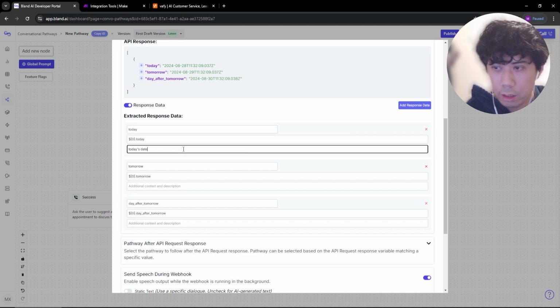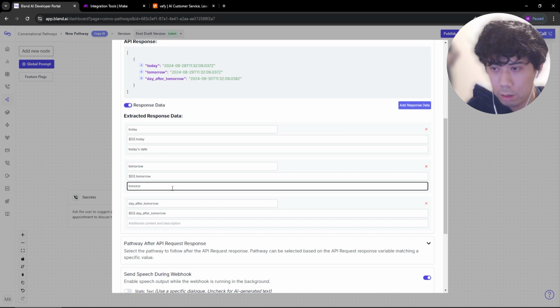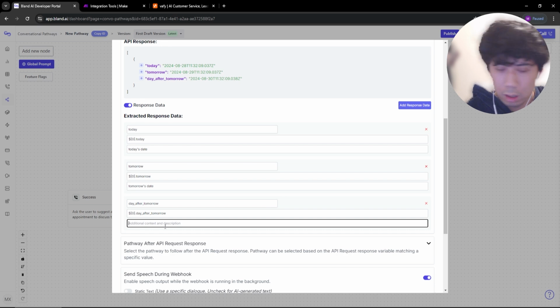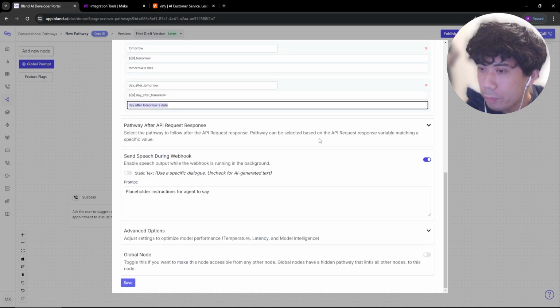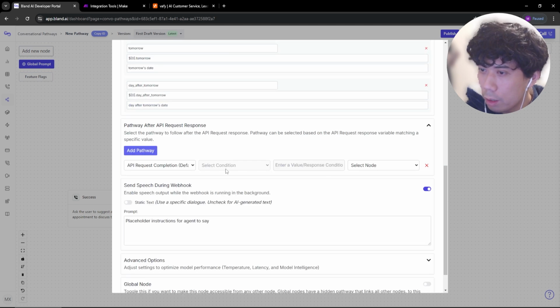This is today's date, tomorrow's date, day after tomorrow's date. If you guys have a better way to write these descriptions, because "day after tomorrow's date" just sounds weird to me, let me know in the comments. All right, so then we have the path after response, and upon completion, we go to the key decision